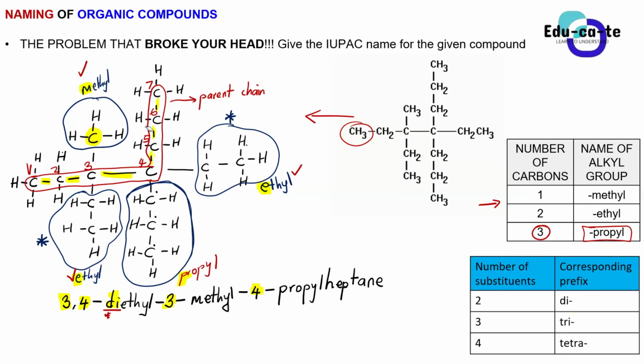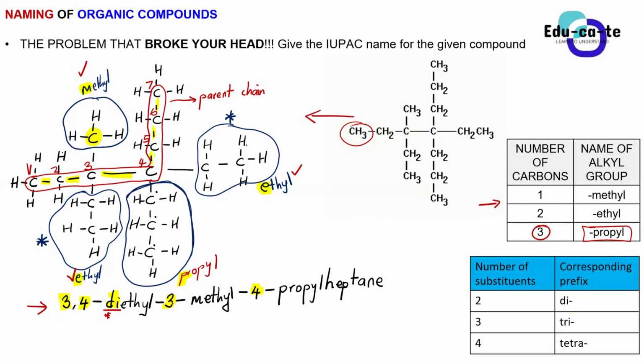Well, okay, when you are constructing it, let's say they give you a name. Let's say they give you this name: 3,4-diethyl-3-methyl-4-propylheptane. And then now you construct that. You will see, Uti, if you try to name it again, will it still give you this? Just make sure that you post it in the group. If it's incorrect, we can easily debunk it.